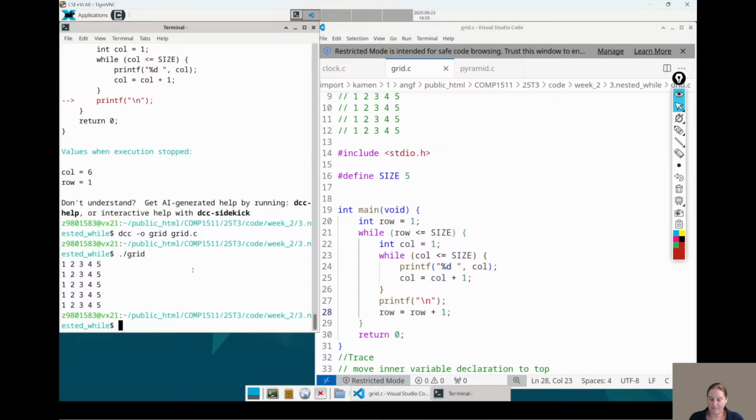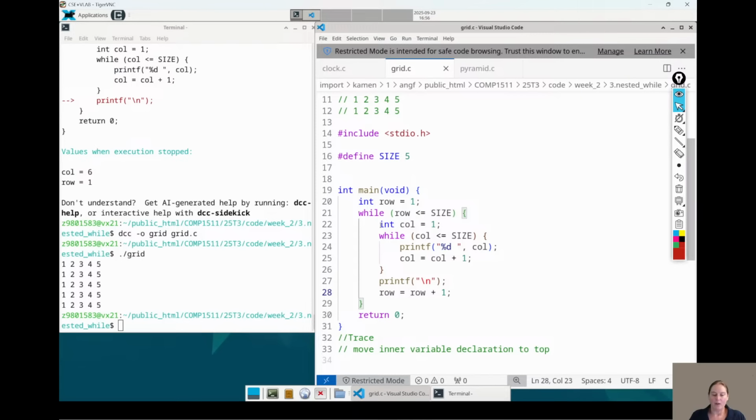So this is another example of a nested loop, and you might want to maybe change the size to 3 and then sit down and trace through it and think, okay, now row is equal to 0 and col is equal to 1 and this is going to happen and that's going to happen. One thing I'll show you, which is a really common mistake, is putting this, see on line 22,